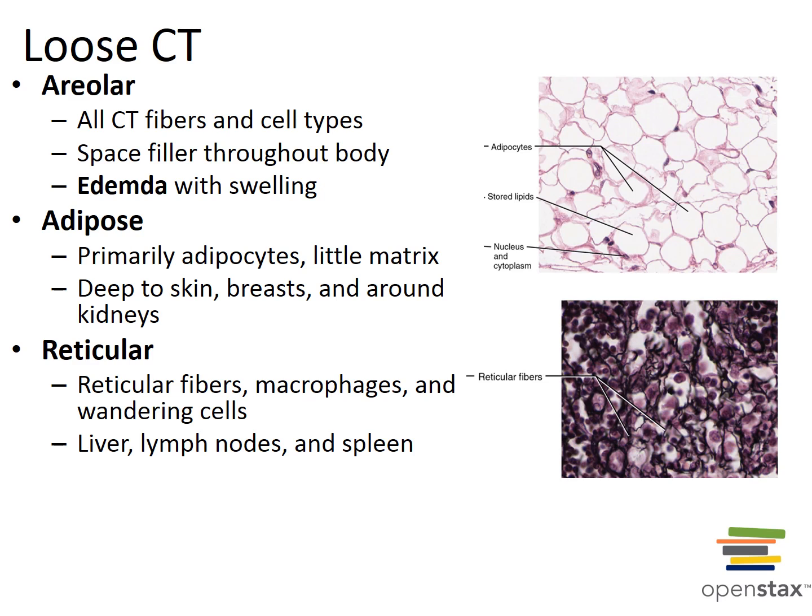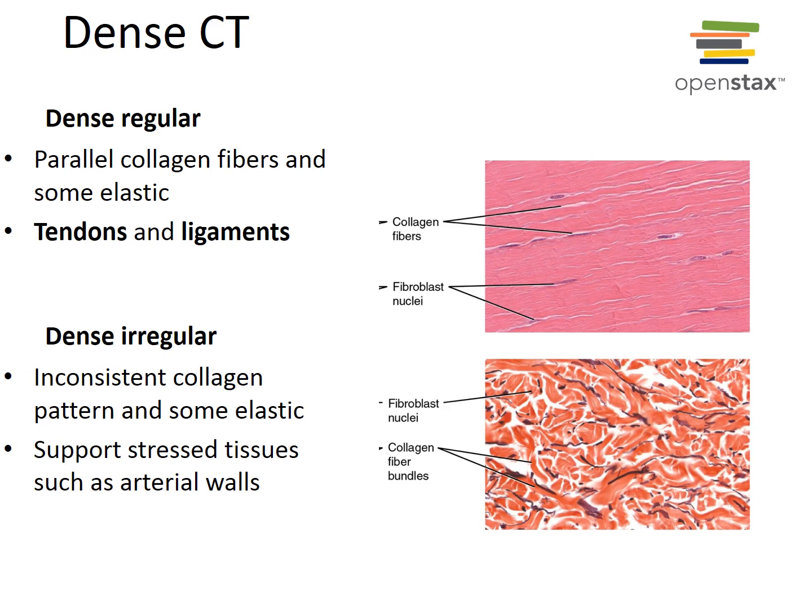Adipose tissue with the adipocyte cells, reticular with the reticular fibers, dense connective tissue, dense regular, a regular repeating pattern of collagen fibers, dense irregular, you see that we have an irregular repeating pattern of collagen fibers, both containing fibroblast nuclei, fibroblast cells,